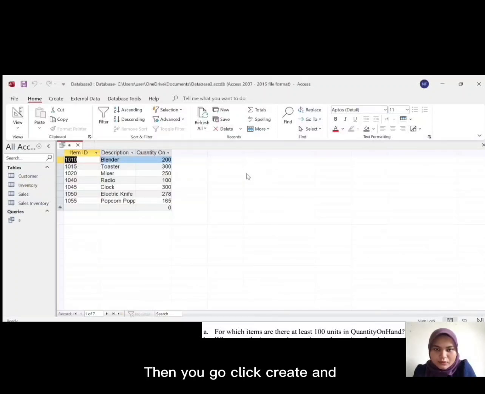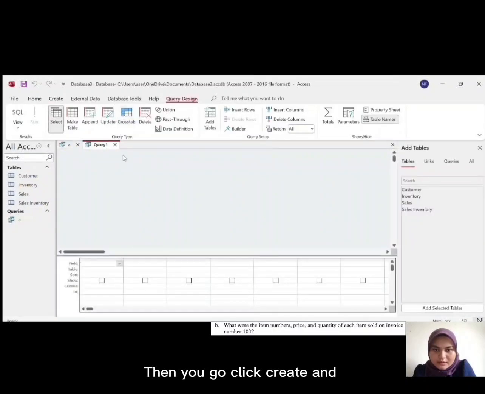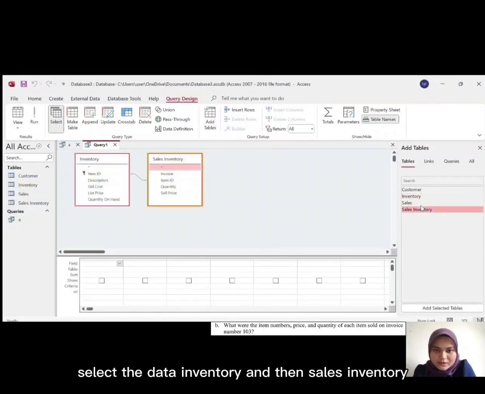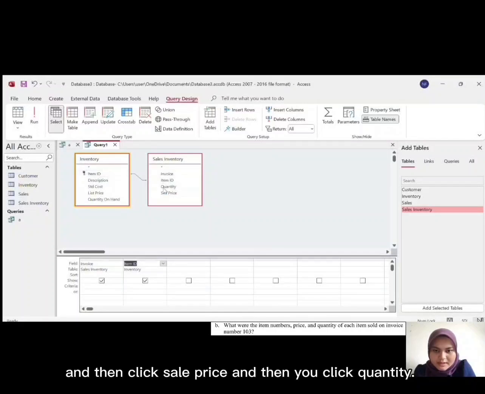Okay, and then you go to create, and then you clear, and then you should select the data inventory and then sales inventory, and then you double click invoice under the sales inventory, and then click item ID under the inventory, and then click sale price, and then you click quantity.